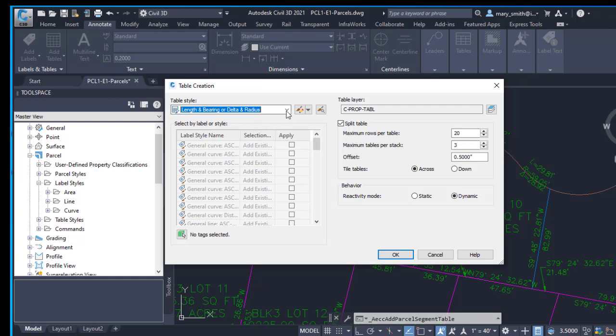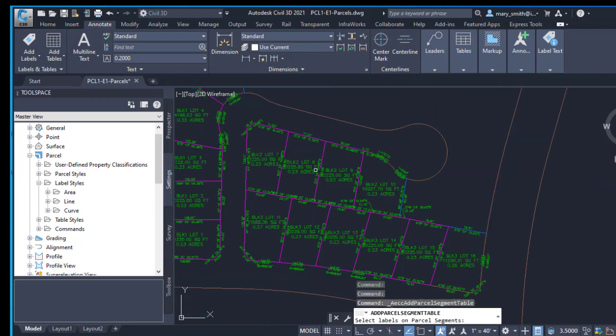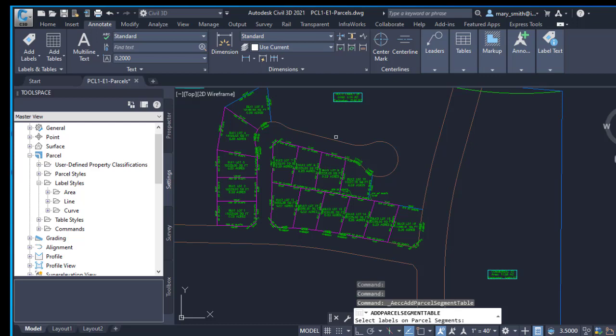I'm going to choose the icon in the lower left-hand corner where it tells me pick on screen or no tag selected. With that option selected, now actually I have to zoom out a bit. And I'm going to choose